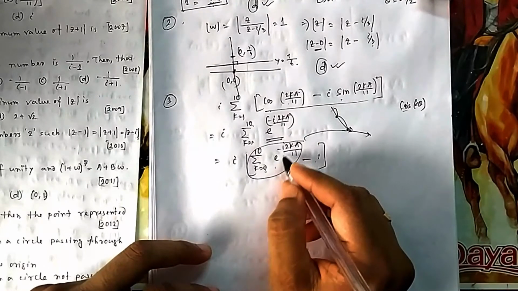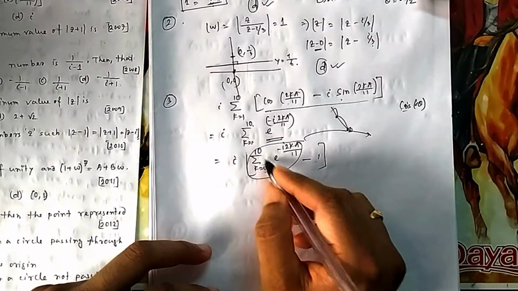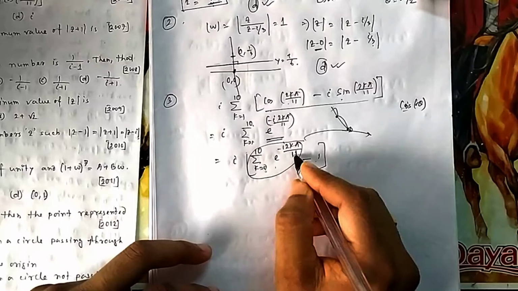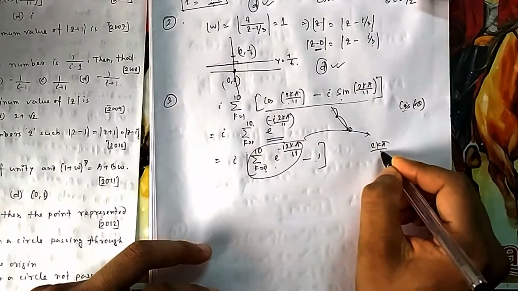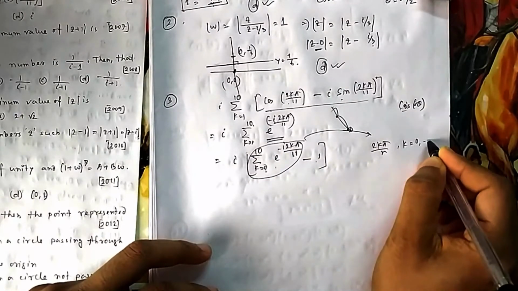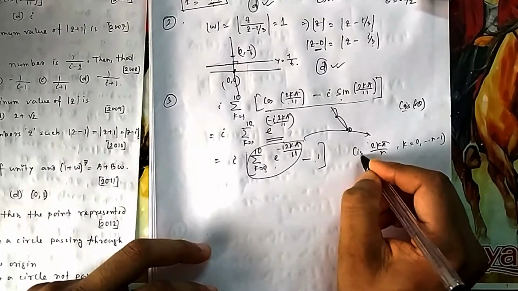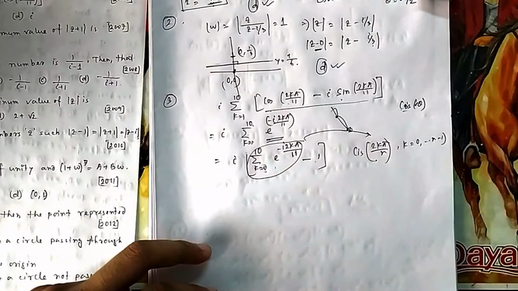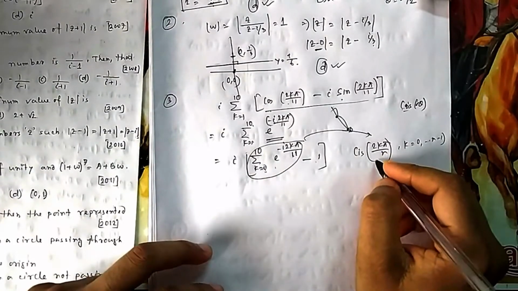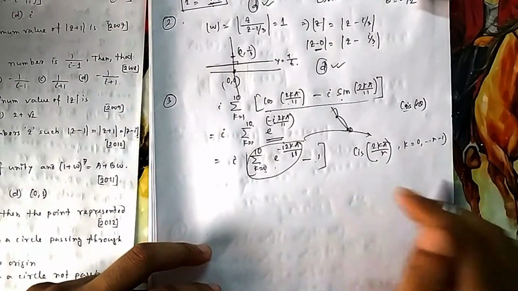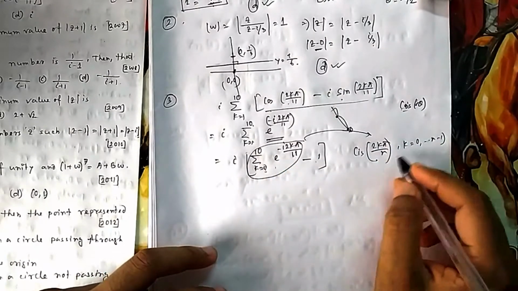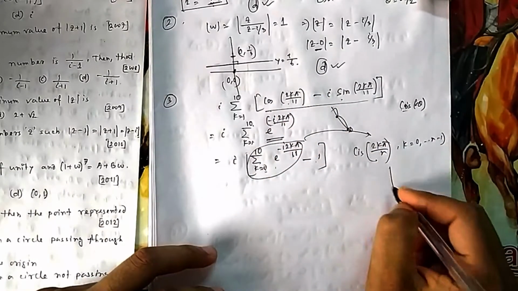This means the summation of all these up to 11 it was. So you can remember this one, 2k pi by n, k is from 0 to n minus 1. What does this give you? Cis of this format. That was the nth root of unity. You can recall that one. So here it is the same but with a minus sign only. So everything will change, that is the only difference.